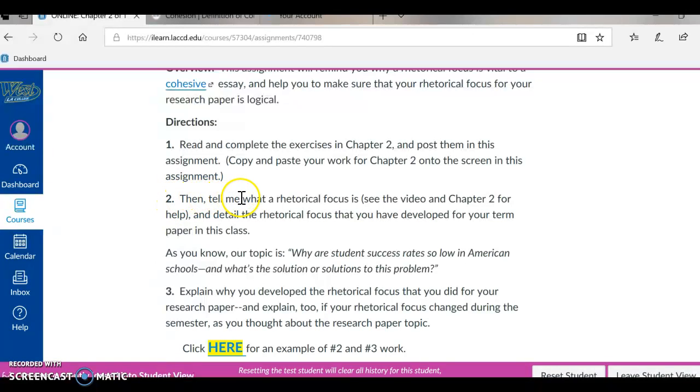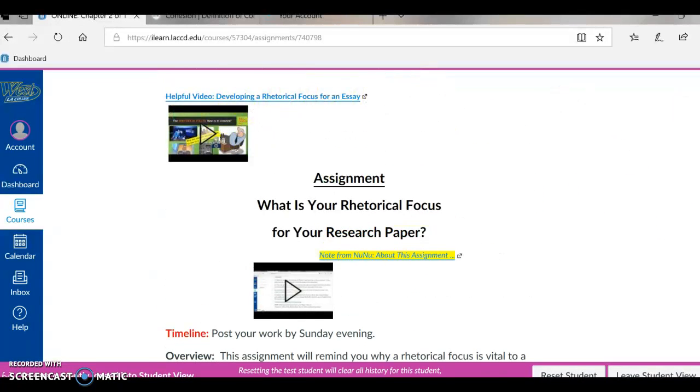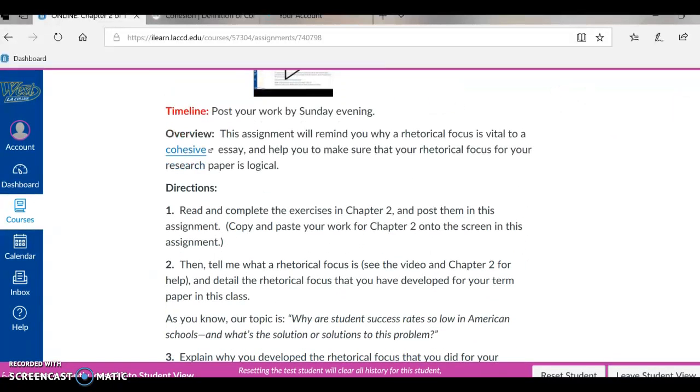Number 2, after you do the Chapter 2 exercises, then tell me what a rhetorical focus is. And you can see the video up above right here for rhetorical focus. You can see the video and Chapter 2 for help. And you can detail the rhetorical focus that you have developed for your term paper in this class. So you're going to tell me what a rhetorical focus is and detail the rhetorical focus for your term